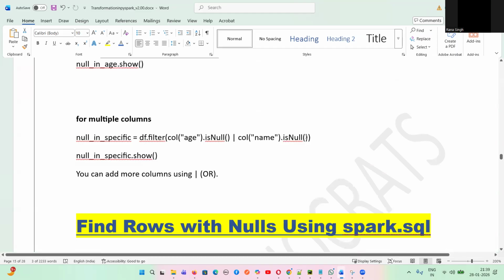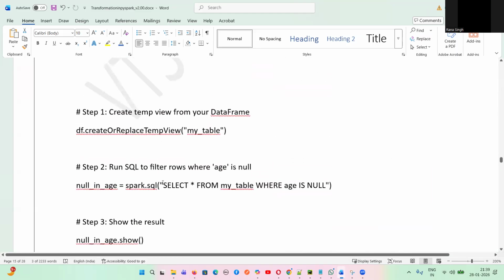We are filtering this column and checking whether there is any null value or not. Similarly, if there are multiple columns, we can use it: age is null or name is null, and we can put an or operator here and see that. Now using Spark SQL, we'll register a particular view, and then we'll write select star